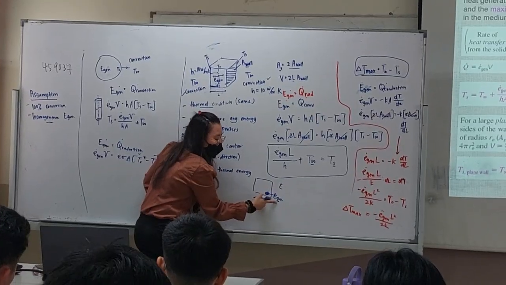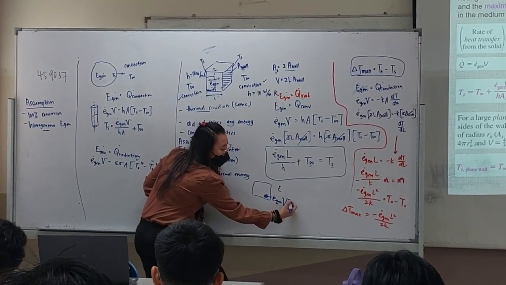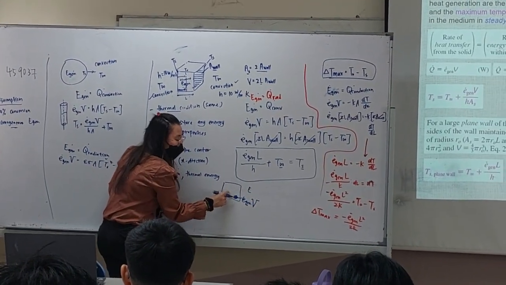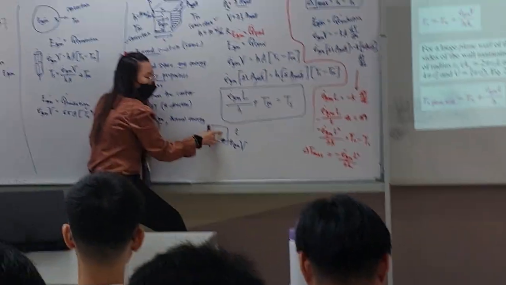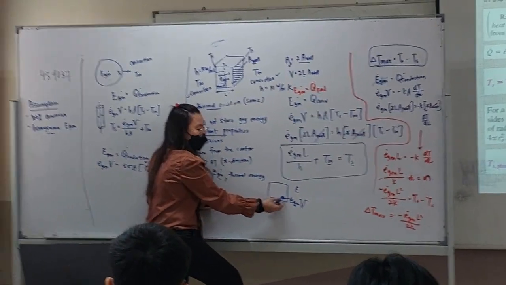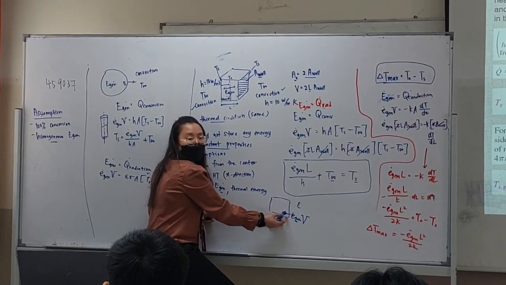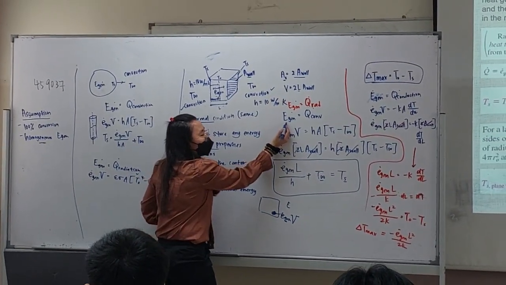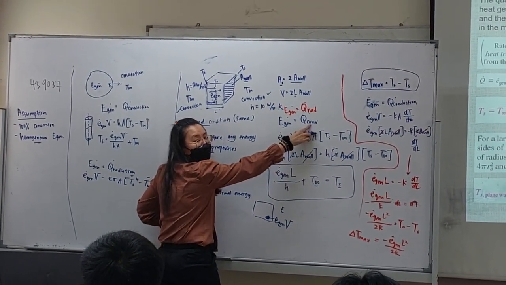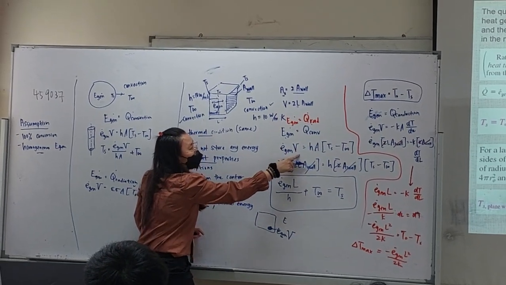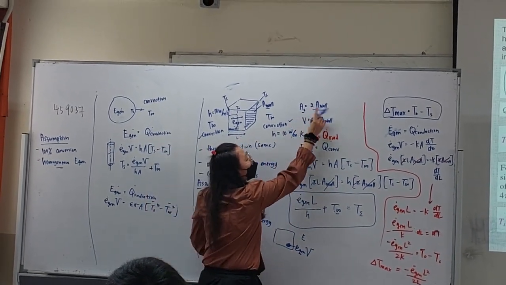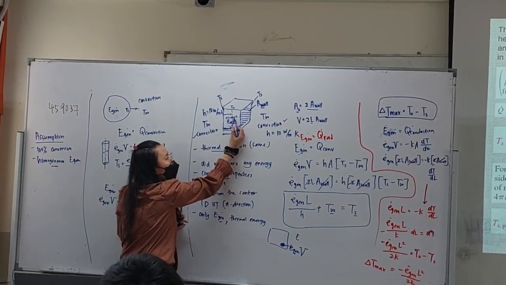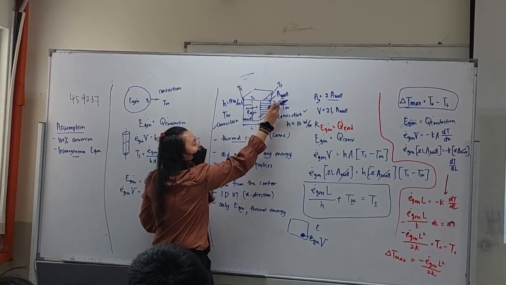So you have the Egen multiplied by the capital volume, the volume of the system. Meaning the Egen now is for the whole system, not only a certain part. That's why we use capital Egen equals to Q convection. The volume, this is the thin plate, so area, cross-sectional area, because the heat transfer is